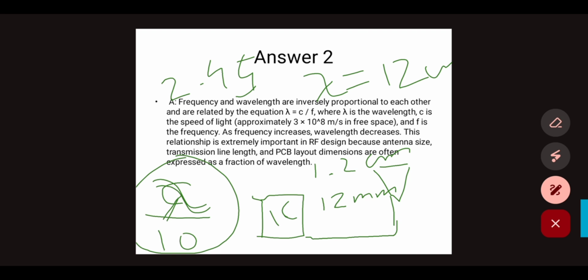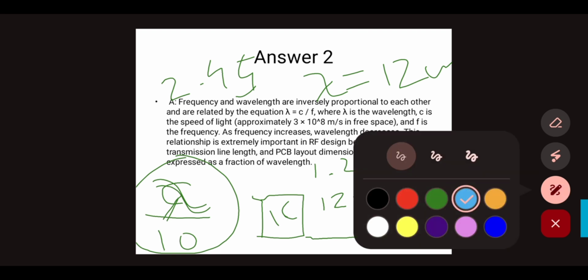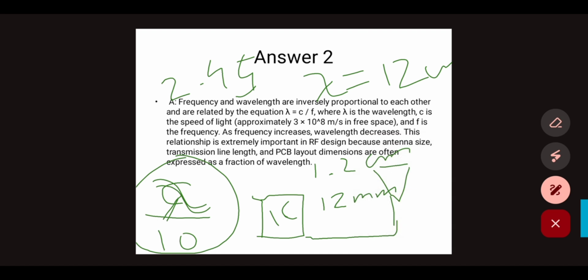Then the size of the antenna should be lambda by 4 for a monopole antenna. So 12 by 4, which is 3 centimeter. So my length of conductor should be 3 centimeter or 30 millimeter, and it should have one ground plane,